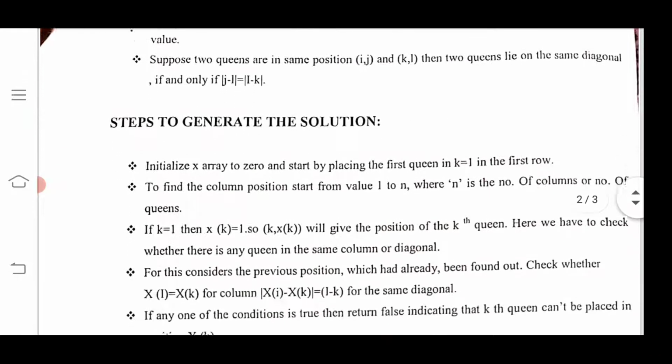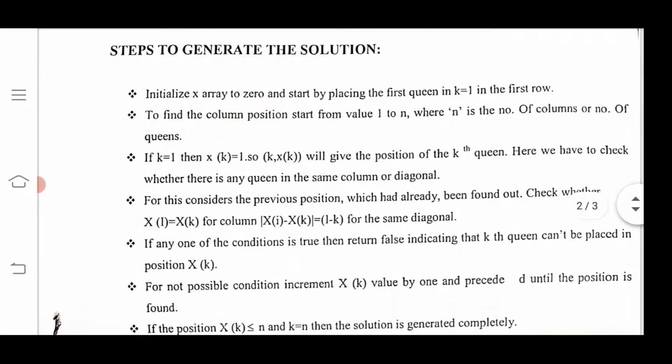Now we have to study how to generate the steps of the solution of this n queen problem. First of all, we initialize the x array to 0 and start by placing the first queen, k is assigned 1, in the first row. Second step, to find the column position, start from value 1 to n, where n is the number of columns or number of queens.